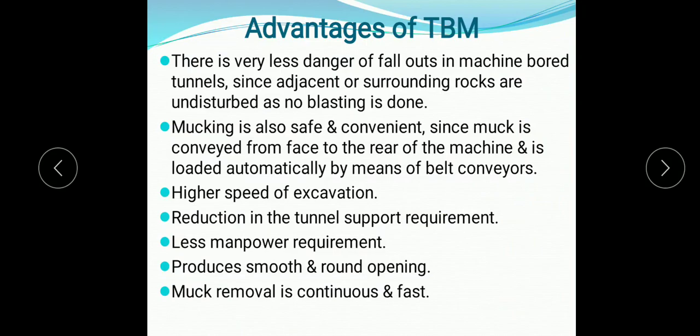As we are using machine, less manpower is required. Machines produce smooth and round opening which is not possible in conventional methods, and muck removal is continuous and fast.